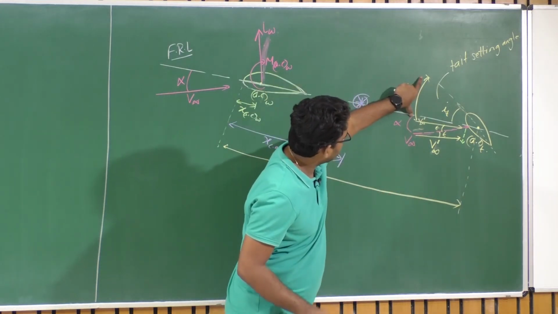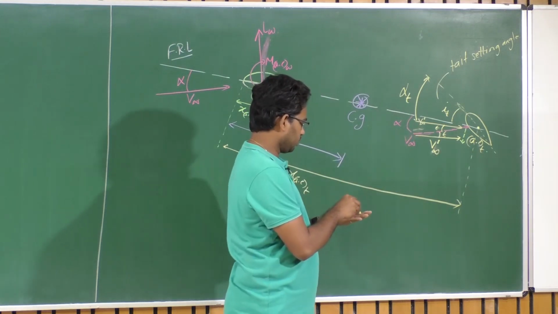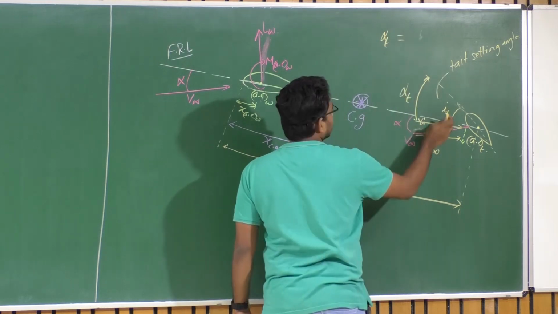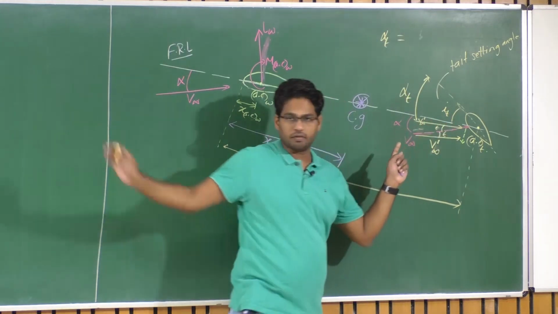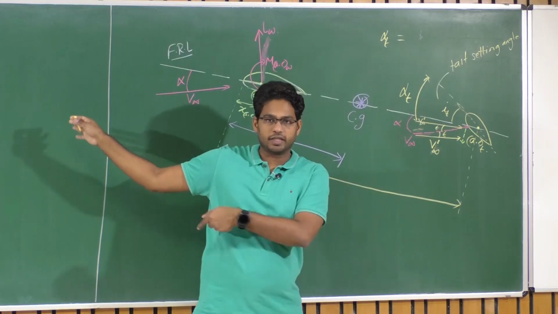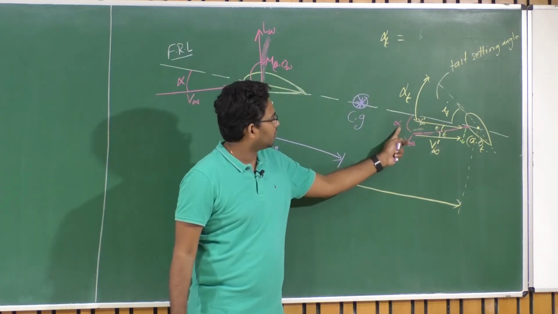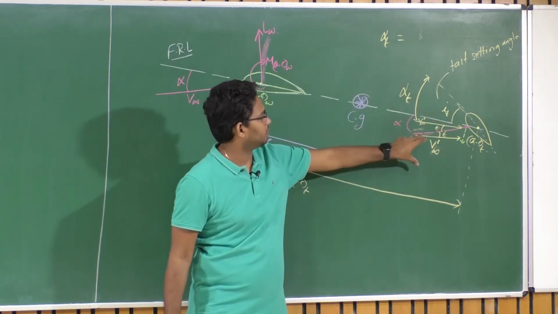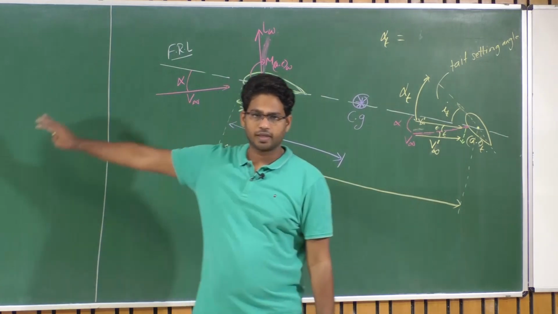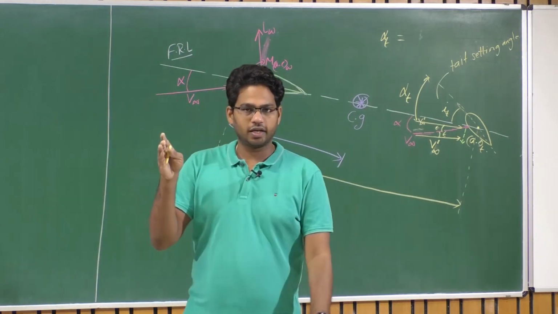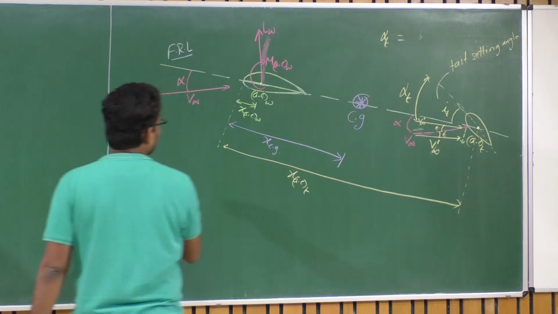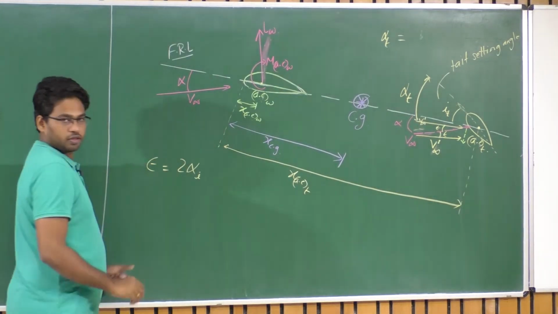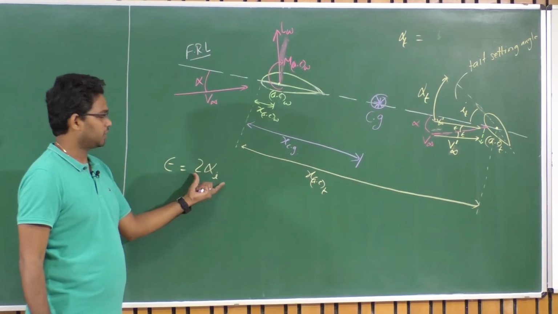So this alpha at the tail, I can express in terms of known quantities. For example, I know what the tail setting angle is here. I know what the wing angle of attack is, which I will be measuring using an angle of attack sensor there, right? So I know alpha, I know the wing setting angle. So can I express this in terms of these parameters? And I can model this downwash. You know, it is similar to that of alpha i, right? Do you remember? So this epsilon can be modeled as twice that of alpha i at the downstream. So this is from the lifting line theory.